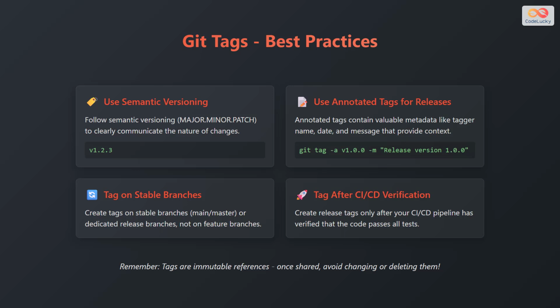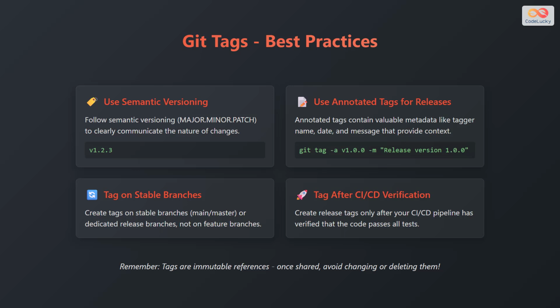When working with Git tags, there are several best practices to follow. First, use semantic versioning to clearly communicate the nature of changes in your releases. The versioning scheme is structured as major, minor, and patch, such as v1.2.3. Second, use annotated tags for releases, as they contain valuable metadata, like the tagger's name, date, and message that provide context. You can create an annotated tag using the command git tag -a